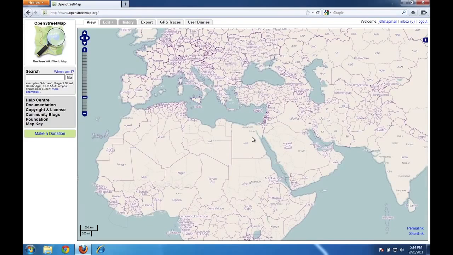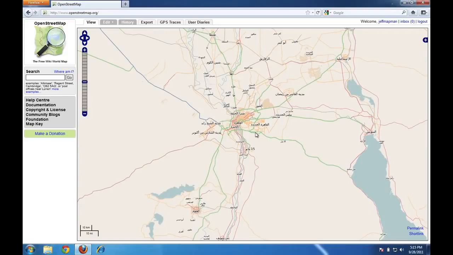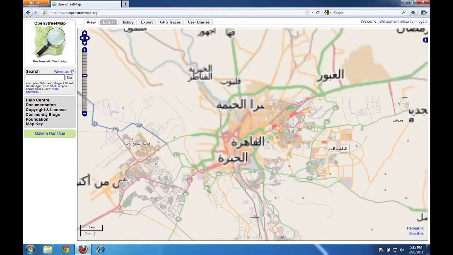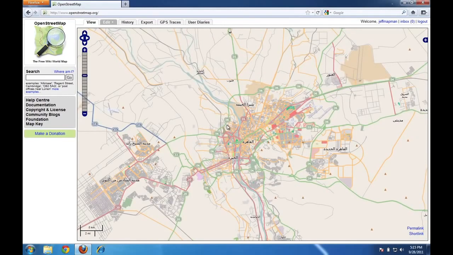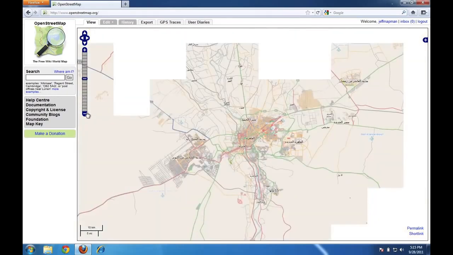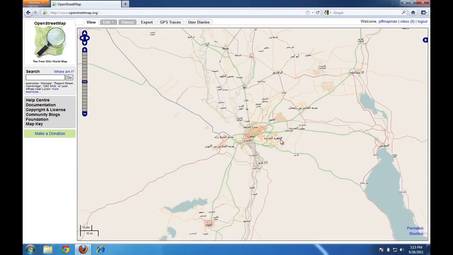Now my favorite way to zoom in is a little bit trickier. If you hold the shift button down on your keyboard and drag your mouse, you can select a box and then the map will zoom in right where you've drawn that box. So to do this, hold down the shift button on your keyboard, left click with your mouse and hold the left mouse button down. Drag your mouse to draw a box, and when you release the mouse, the map will zoom in. Okay, to zoom back out, we can use the minus button,